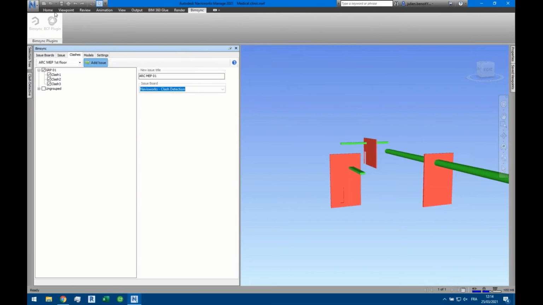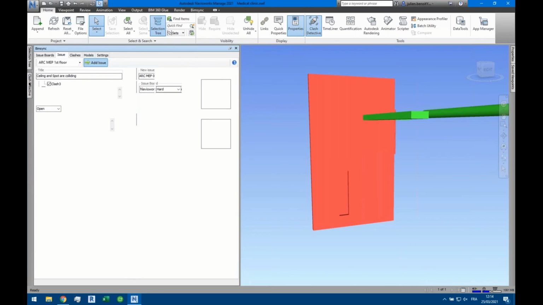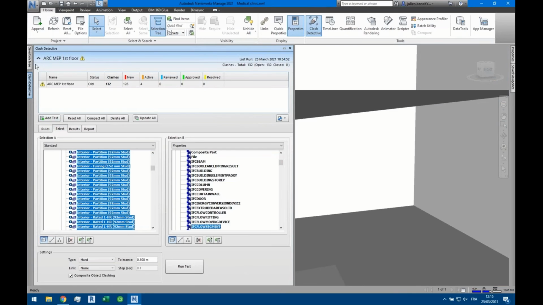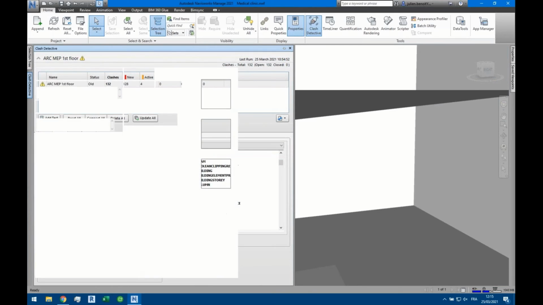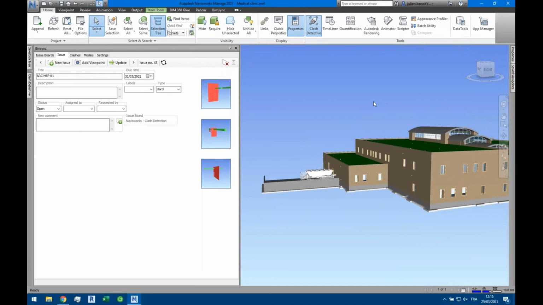So now let's see how it goes. I will just remove the view from the result. Here we are, and go back to the plugin. So let's refresh the view, center it. Here we go. As you can see, you have now an issue called Arc MEP 01. It's open, and it has 3 points of view created from the group of clashes we had previously. And if you click on the view,